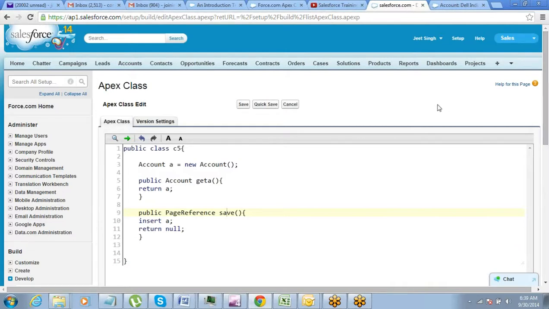Alright, fine. Now the next example that we are going to talk about, we will be talking about SOSL in that example. So, supplying some value to the system, to my Visualforce page, and we want the Visualforce page to return values based on the search. It should perform a search and return the values. That is what we are trying to do. Okay, so let's see what we have to do here.